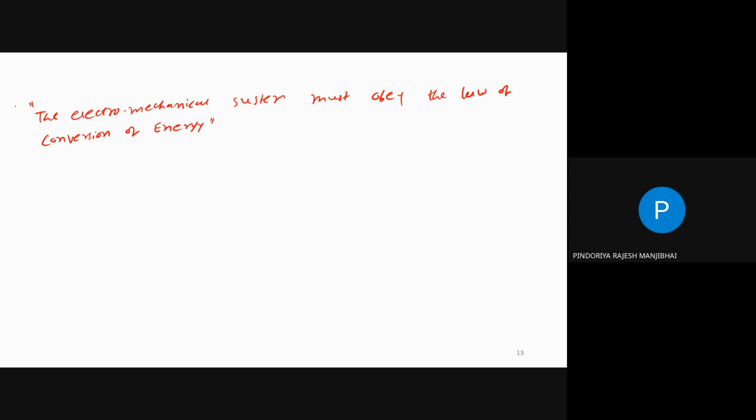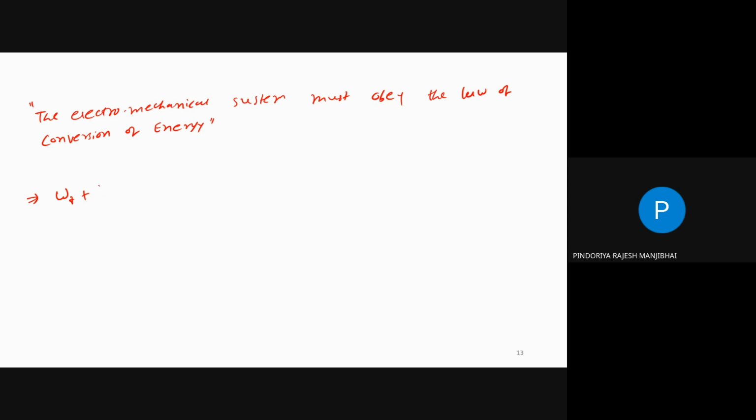Yes, in the beginning of the class, I told you we cannot create energy and we cannot destroy energy. We can just convert the energy from one form to another form. Correct? So maybe electrical energy into mechanical energy, mechanical into electrical, any form. So finally we can write